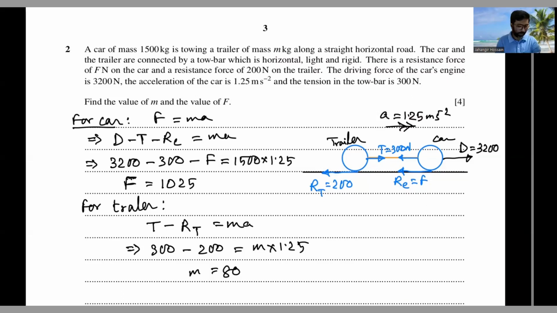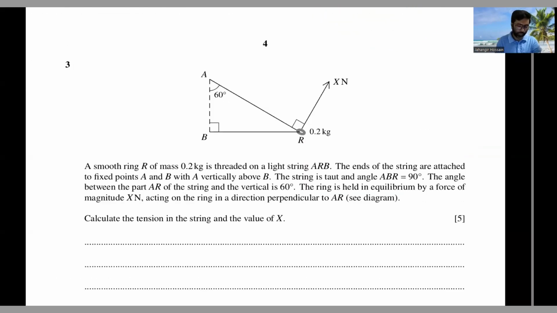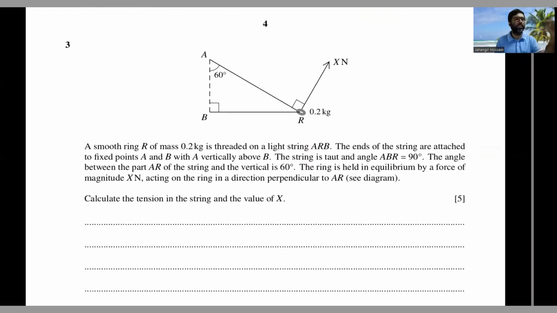Okay, that's for question number 2. Now let's move on to question number 3. In question 3, you see,